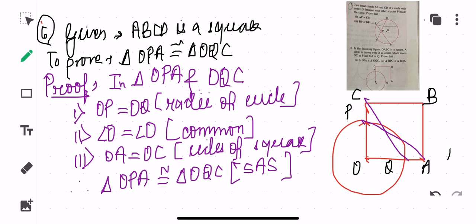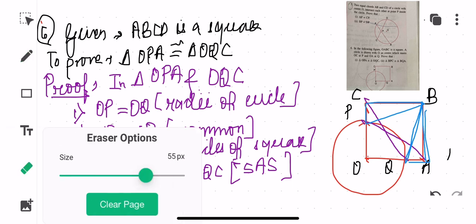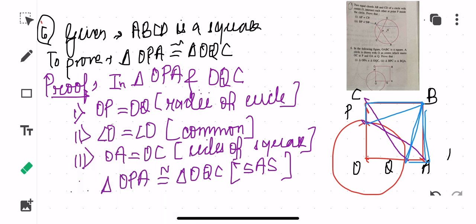Okay, so this is the first proof, children, which was a very easy one. Now the second one is BPC. So this is BPC. If I just use blue color, so this goes like this. BPC is congruent to BQA. So this is BQA. Okay, so how are you going to prove this, children? I'll be telling you how to do it so that you can easily take it as homework. In these two triangles, two things you can see, children, that these are the sides of the square, BC and BA. So these two are equal.